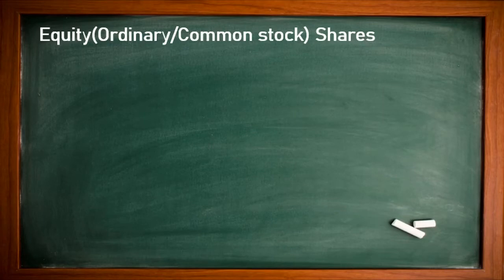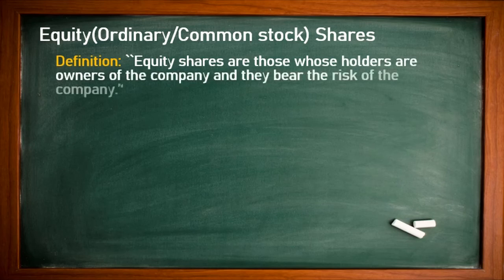Let's start with equity. Ordinary shares are common shares or stock. The definition: equity shares are those whose holders are owners of the company and they bear the risk of the company. So the equity shareholders are the real owners of the company and they bear all the risks when they issue a new product in the market. Whatever associated risks there are, only equity shareholders are responsible to bear them. Whatever losses or profits or gains there are, they will enjoy or suffer as